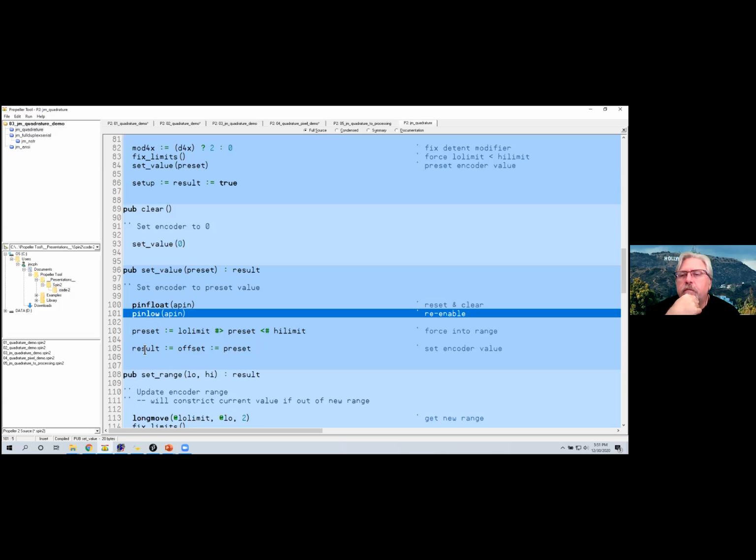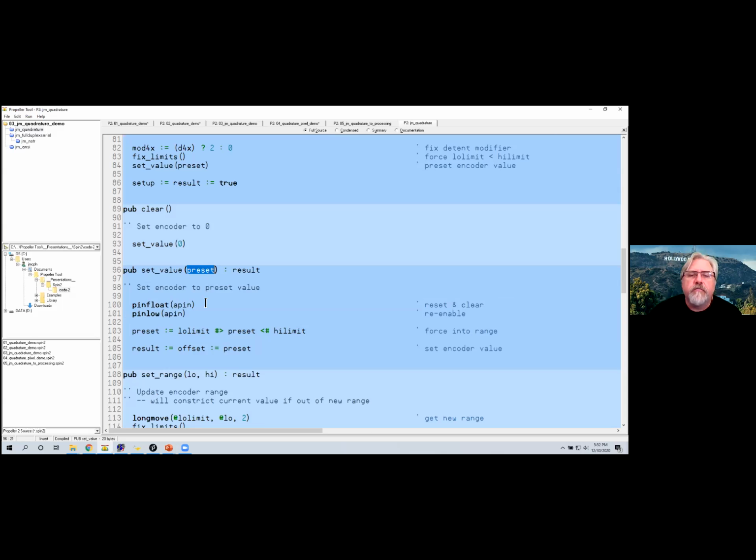Here's the thing, we might want to preset to a specific value. So what we're going to do is take that value and make sure it's inside our limits. We're going to truncate it inside our limits. I don't know if I showed you guys this last week, but